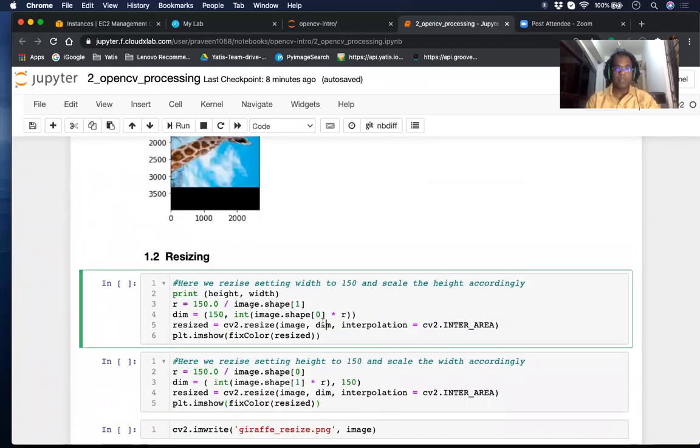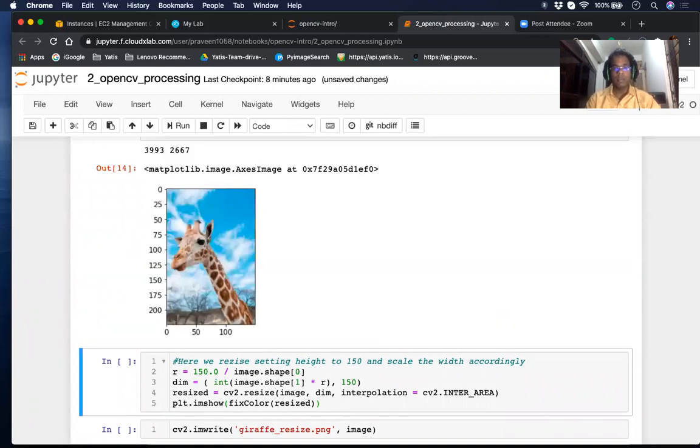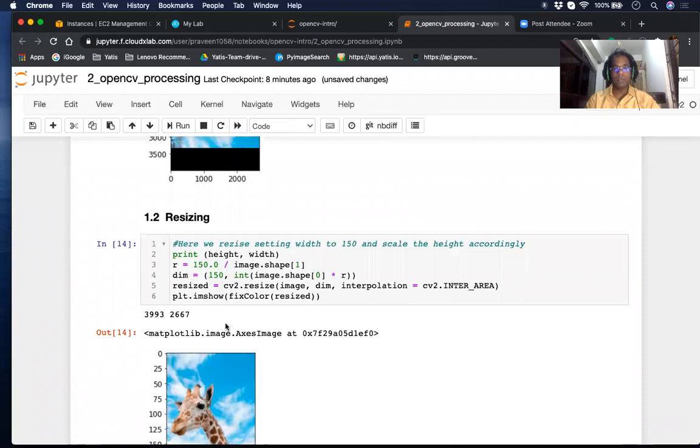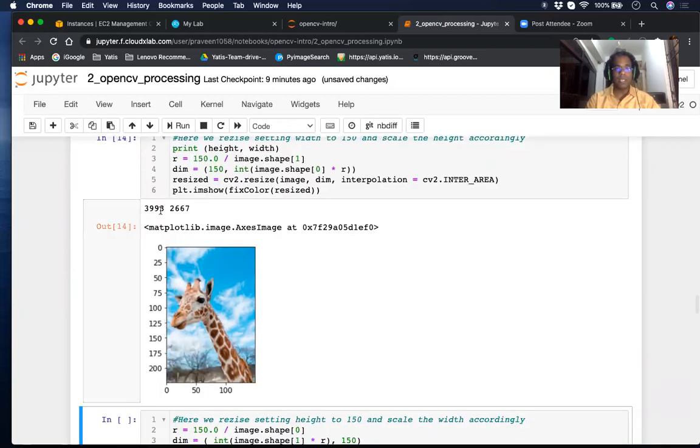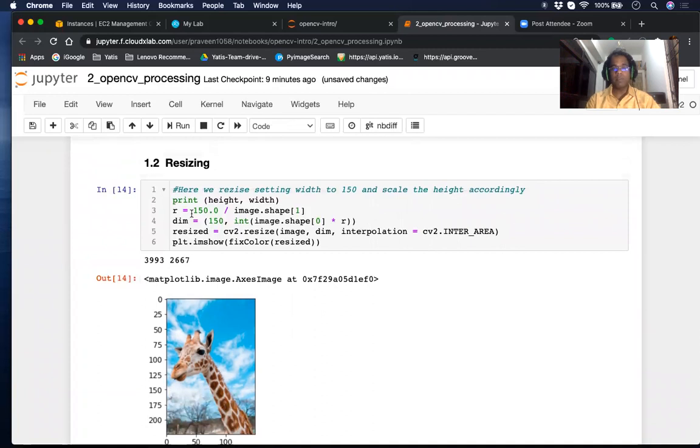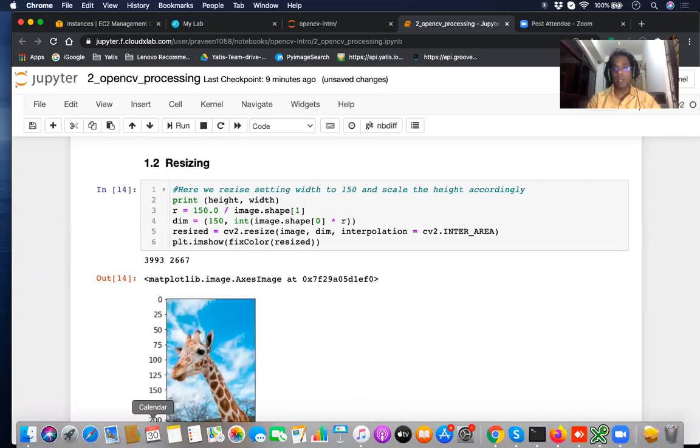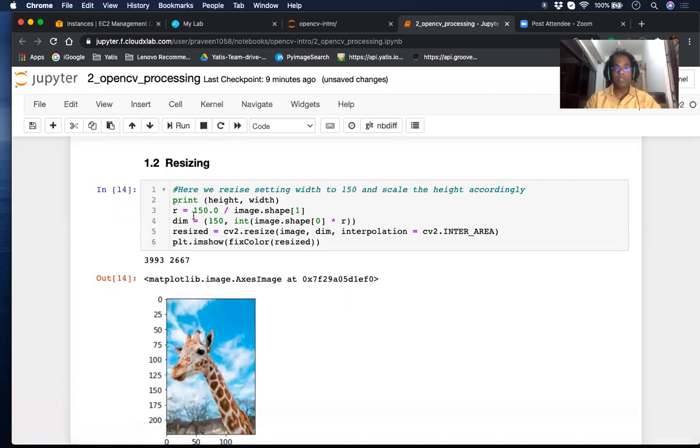Great. Now we will talk about resizing. The original image had 3993 by 2667 pixels, this was the height and this was the width. Now, if I want to resize the image so that the width is 150, I just want to make sure that the aspect ratio is retained. So I'm going to say I need 150,